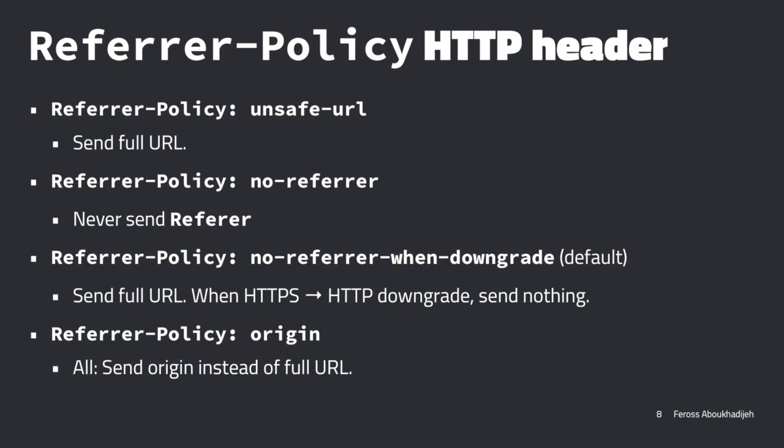We don't want to tell the HTTP server, hey, we were on this page over here, because now we're not only telling this site, we're telling everybody on the network that particular information. So when that downgrade happens, we just don't send a referrer, and that's the new default. But there are these other options. You could say, just never send it. I don't care. I don't want it to go out. You might say, I don't care if the site knows that,